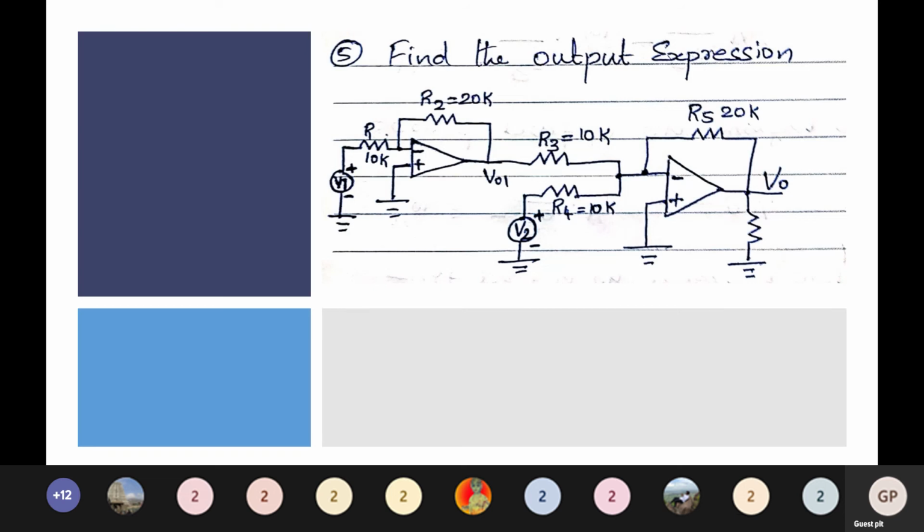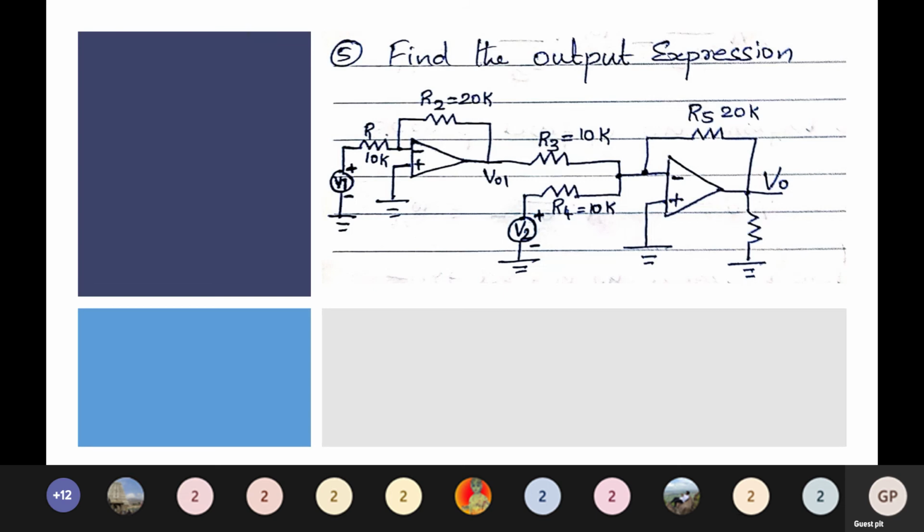Getting it? So this is how actually you are supposed to crack the question. When a problem is given, first see whether you are able to identify what circuit that is on the whole. If you're not able to do that, break that entire given circuit into small circuits, so that easily you can find out what circuit that is. Try to get the output expression for the smaller circuits, and when we combine everything together, we'll get the final expression.